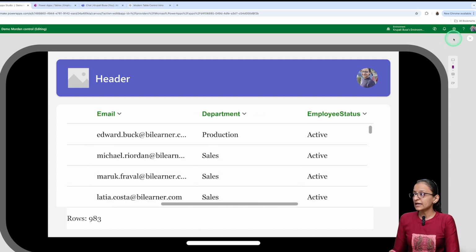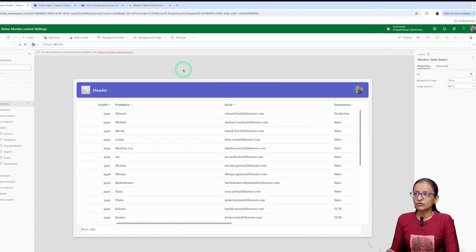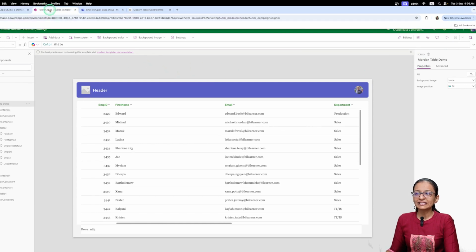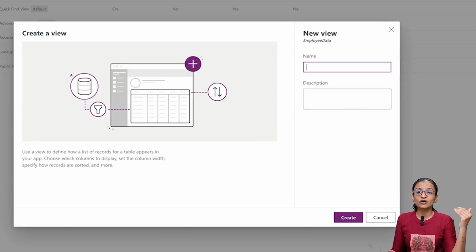Okay, so let's say I want to create a view which will display the employee information who are from production department. So let's create a view for that. Without writing any search, filter or lookup formula, you can filter your data in PowerApp. So let me just create